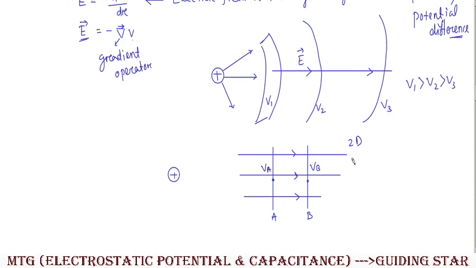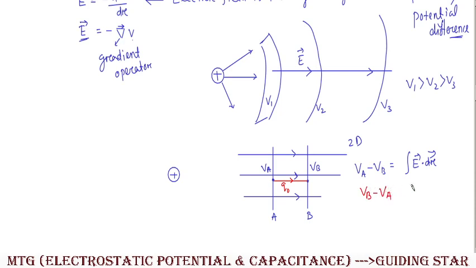Suppose I want to find the potential difference VA minus VB, then I have to write simply E dot dr. Or you can use the general formula: suppose I consider the motion of a test charge q naught from A to B, then the potential difference will be